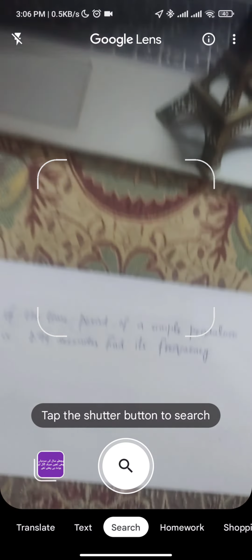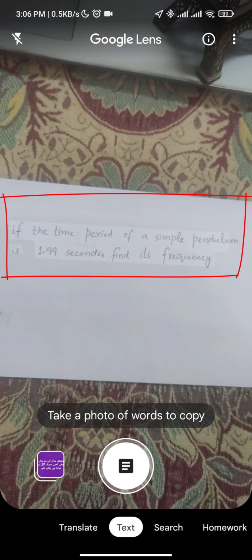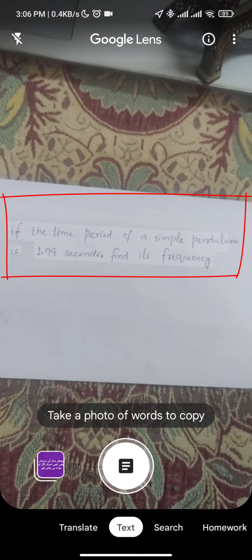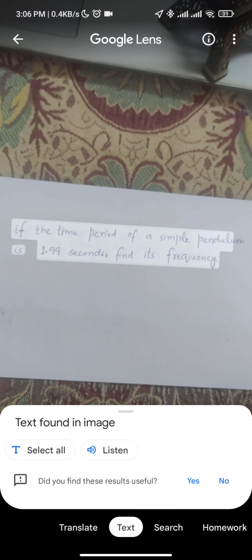The next feature is text identification. When you hover over to the text feature of this Google Lens application, you can identify the text anywhere around you and copy it to your clipboard and paste it anywhere in your phone. Just like here, we are going to scan this text from this page. We will click scan and